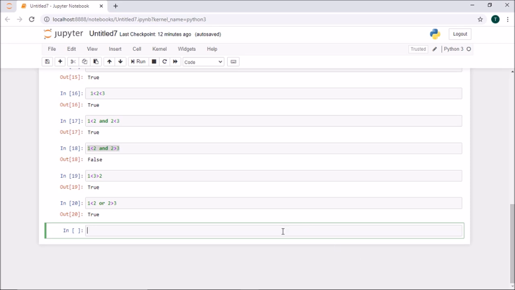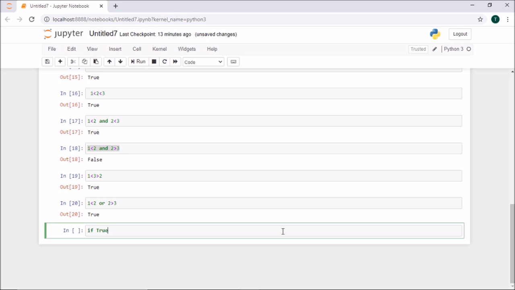I'll write if my value is true. If I write true, my font didn't change. What is the mistake I made here? Yes, I'm supposed to write capital T, so that when I stop writing, the font of True changes, right?